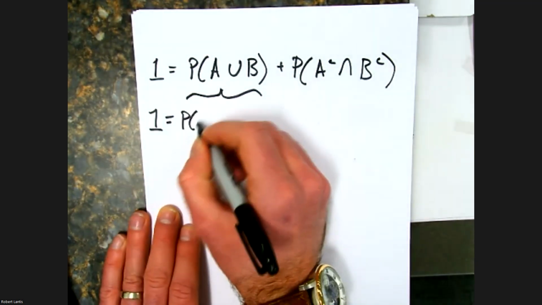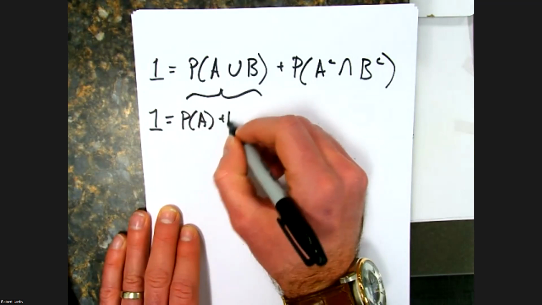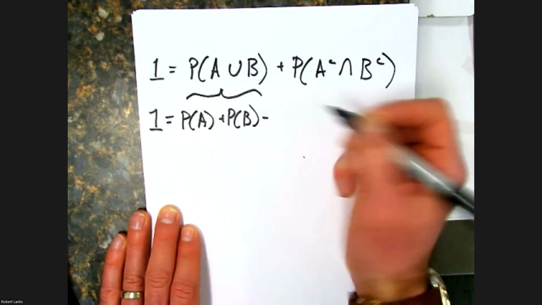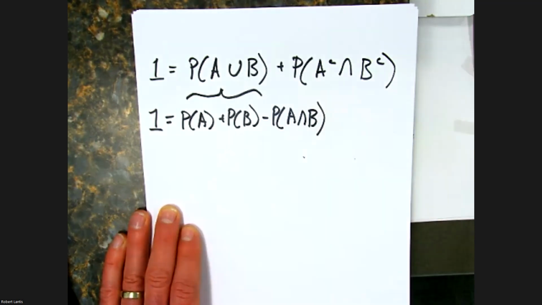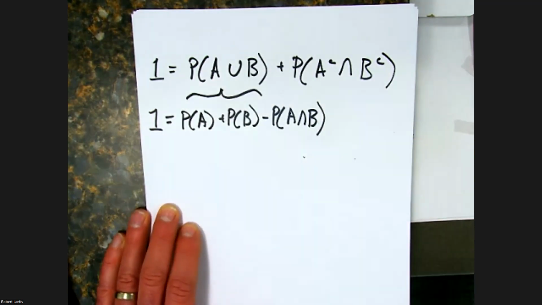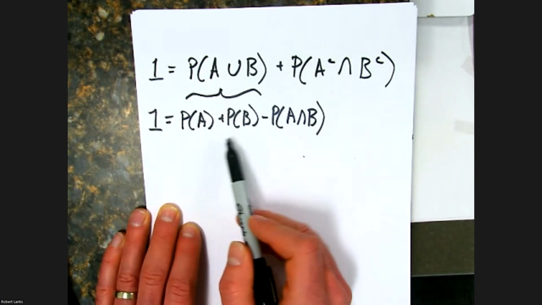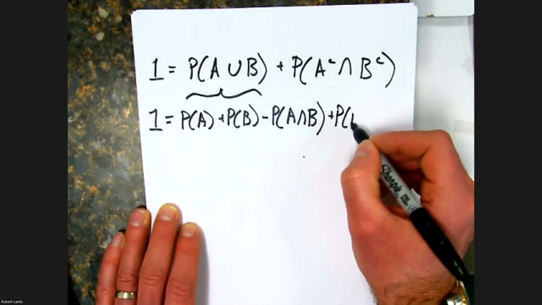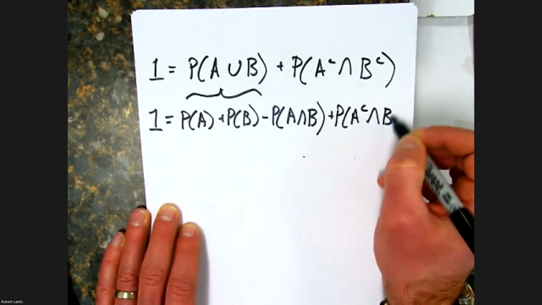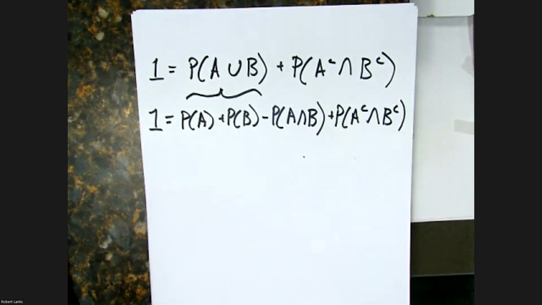That's going to be the probability of each event, but then I need to subtract out what I've double counted, and that would be every outcome that's in both of them. So the union of two events is adding up the probability of each event, subtracting out what would be in both, or what I was double counting. And then of course, we still have this guy over here. Now, if I know any 3 parts of this equation, I can solve for the 4th. So if I go back,